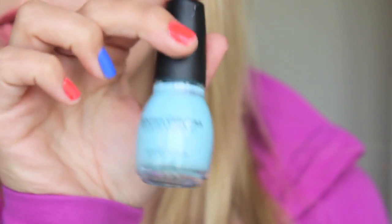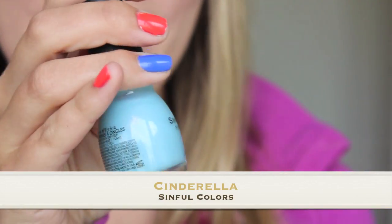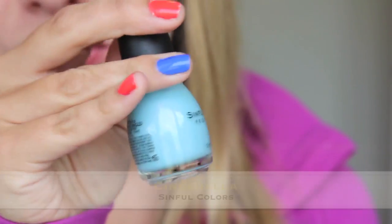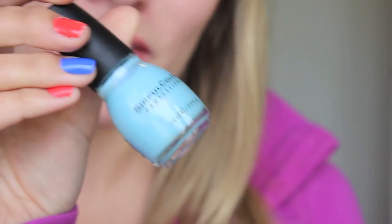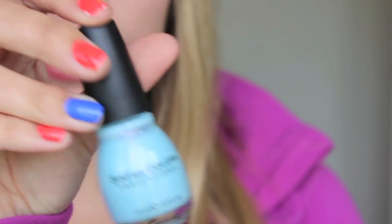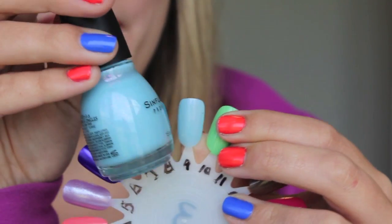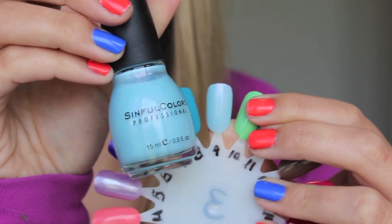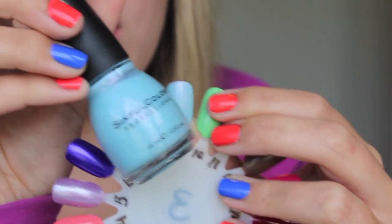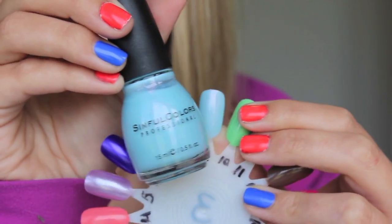Next, I have another one of my disappointments. This is Cinderella by Sinful Colors, and it is pretty much in the bottle exactly what I think of when I think of Cinderella. It's a baby blue with a pink sheen through it. It just doesn't really work that well on the nail for some reason. I don't know why, the formula is not the best on this one. It's very, very sheer. You need at least 3 coats,